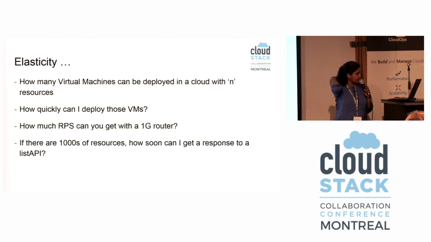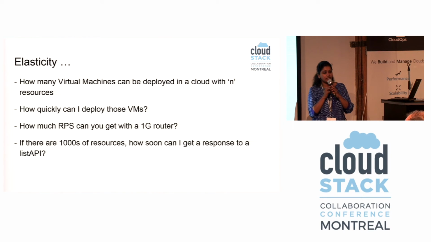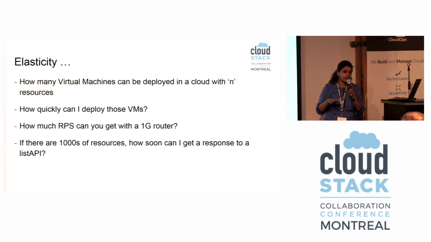Finally, this is another use case which is extremely critical: list APIs. List APIs are an integral part of the CloudStack UI. Most of the APIs or the tabs in the dashboard, for example, everything is going to trigger a list API. So when you have, let's say, 35,000 virtual machines in your infrastructure and you do a list virtual machines, obviously